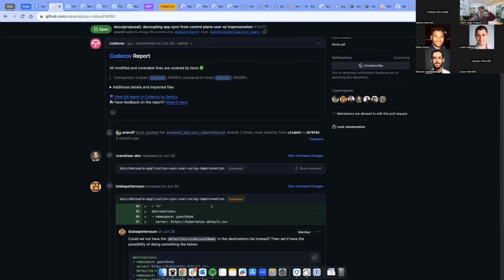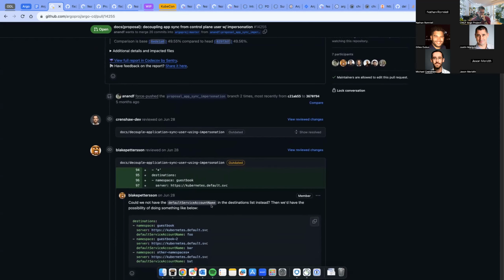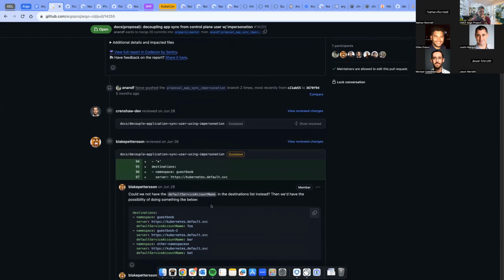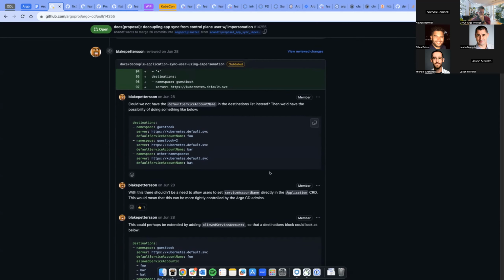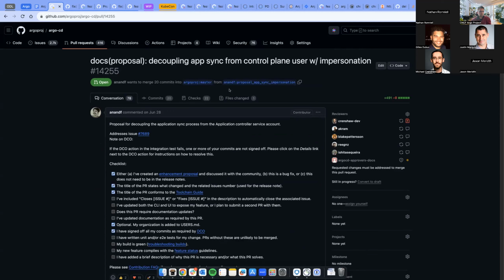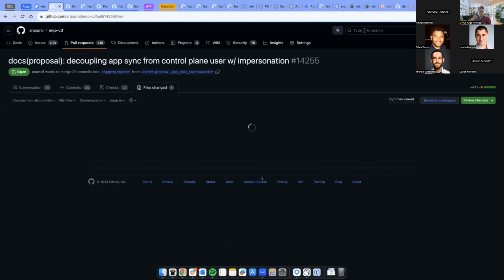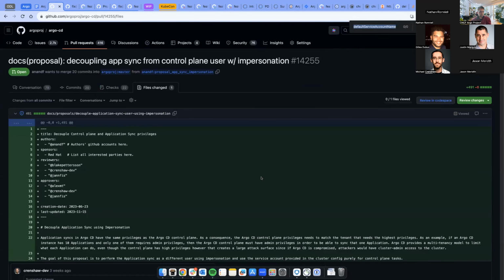As Argo CD loops through that list, the first server and namespace globs to match the destination of a given application, the first service account name in that list wins. It's very much a first pass, just the way it might work in my mind.